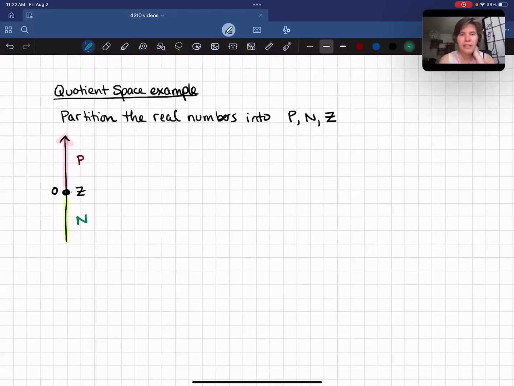Hi, this is Barrett Givens, and in this video, I want to talk about using the definition of a quotient topology to define a topology on a space with 3 points. I'm going to do this by thinking of the real number line R, which I have pictured over here on the side, and I'm going to define a map